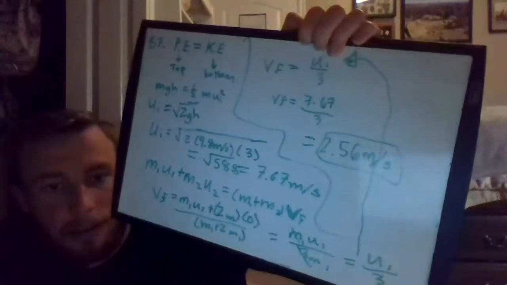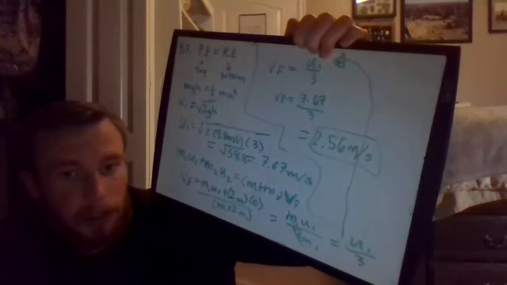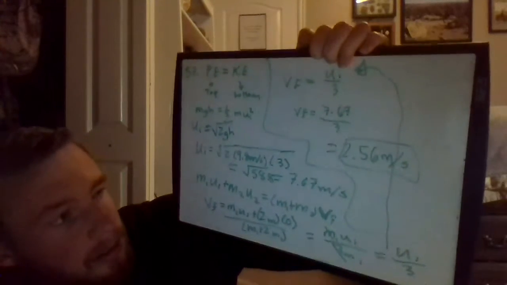And there's the answer. The common speed of the package on the truck and the package released after collision is 2.56 meters per second. That's the first part. The second part was